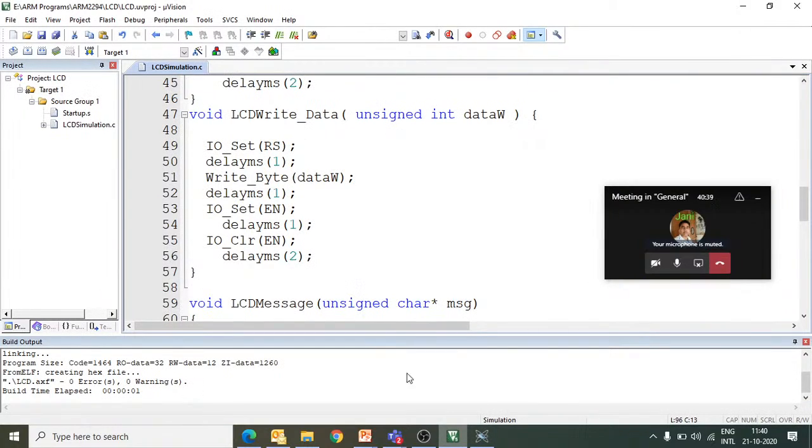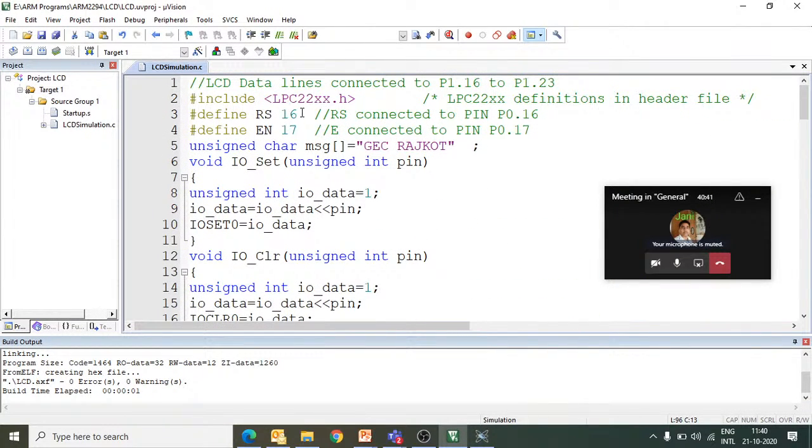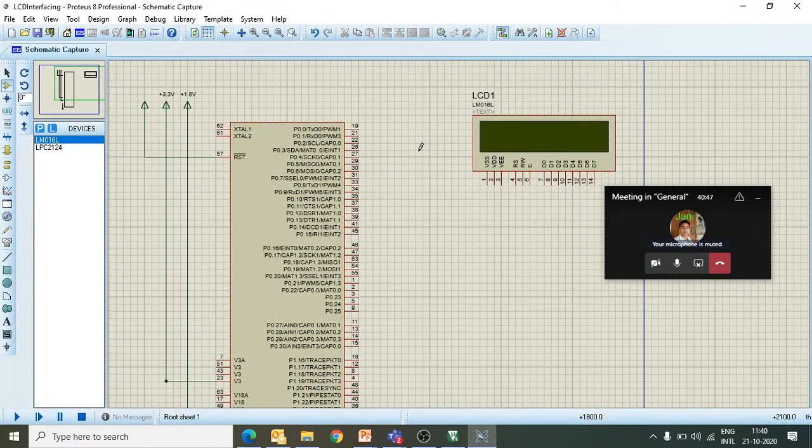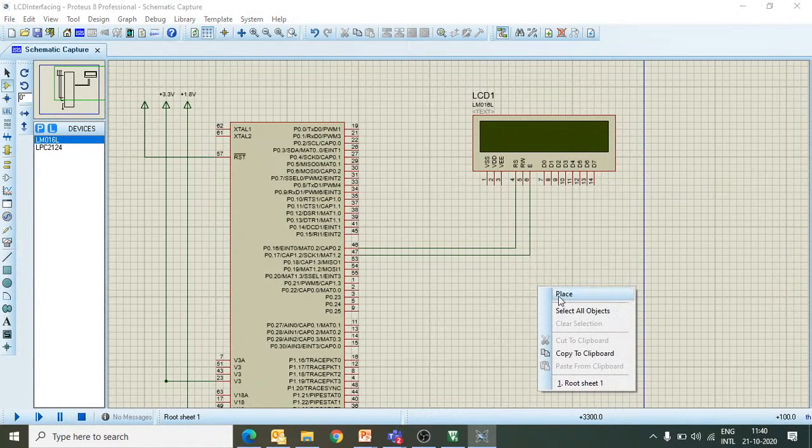Now the connections will be as per the software we wrote. So RS I have to connect with 0.16, enable I have to connect with 0.17. So I will take this pin and connect it with the RS. Then I will take this 17 and connect it with enable. Then I will put one ground here.